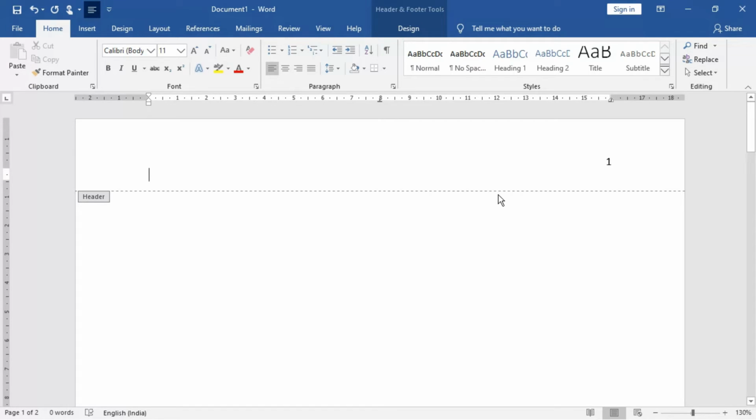All right, now you can insert the heading out here. Say I'm writing TIGPS Siliguri, and yeah, I can format the heading in this way. You see out here, I'm making it red and bold and increasing its size a little bit, and I am changing the alignment to the middle, the center. I'm keeping it. All right, so that is the thing.